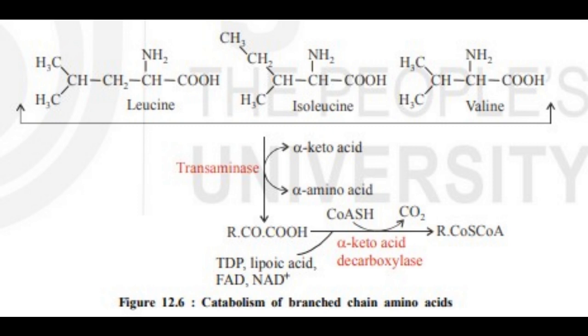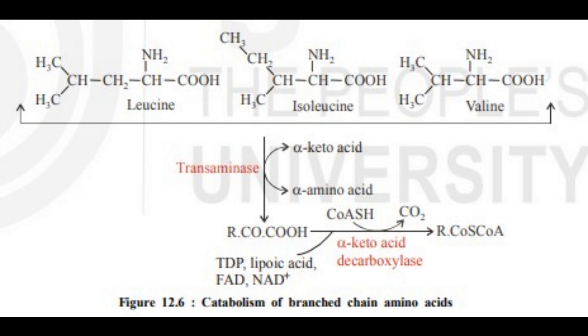The enzyme catalyzing this reaction is transaminase, also known as aminotransferase. One transaminase can act on all these 3 amino acids. Here the branched-chain amino acid reacts with any alpha-keto acid, like alpha-ketoglutaric acid, and gets converted to the corresponding